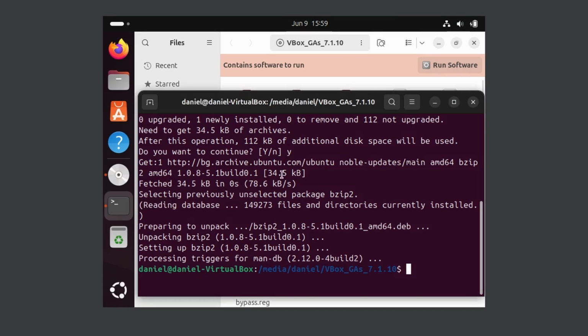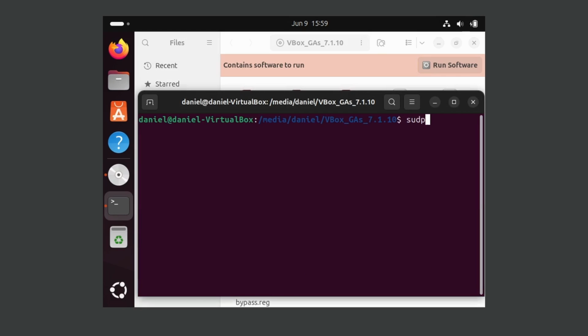Let's go back to the terminal and we need to install some packages. So sudo apt install, and remember this is all on the same line, guys. It's just wrapping around. So we're going to say build-essential dkms, and then finally we need the Linux headers, which are essentially the header files for the Linux kernel that VirtualBox will use to help build the driver, okay? Because it's compiling from source. And while we're at it, just make sure GCC is installed too. We're going to use GCC. And then we're going to say linux-headers